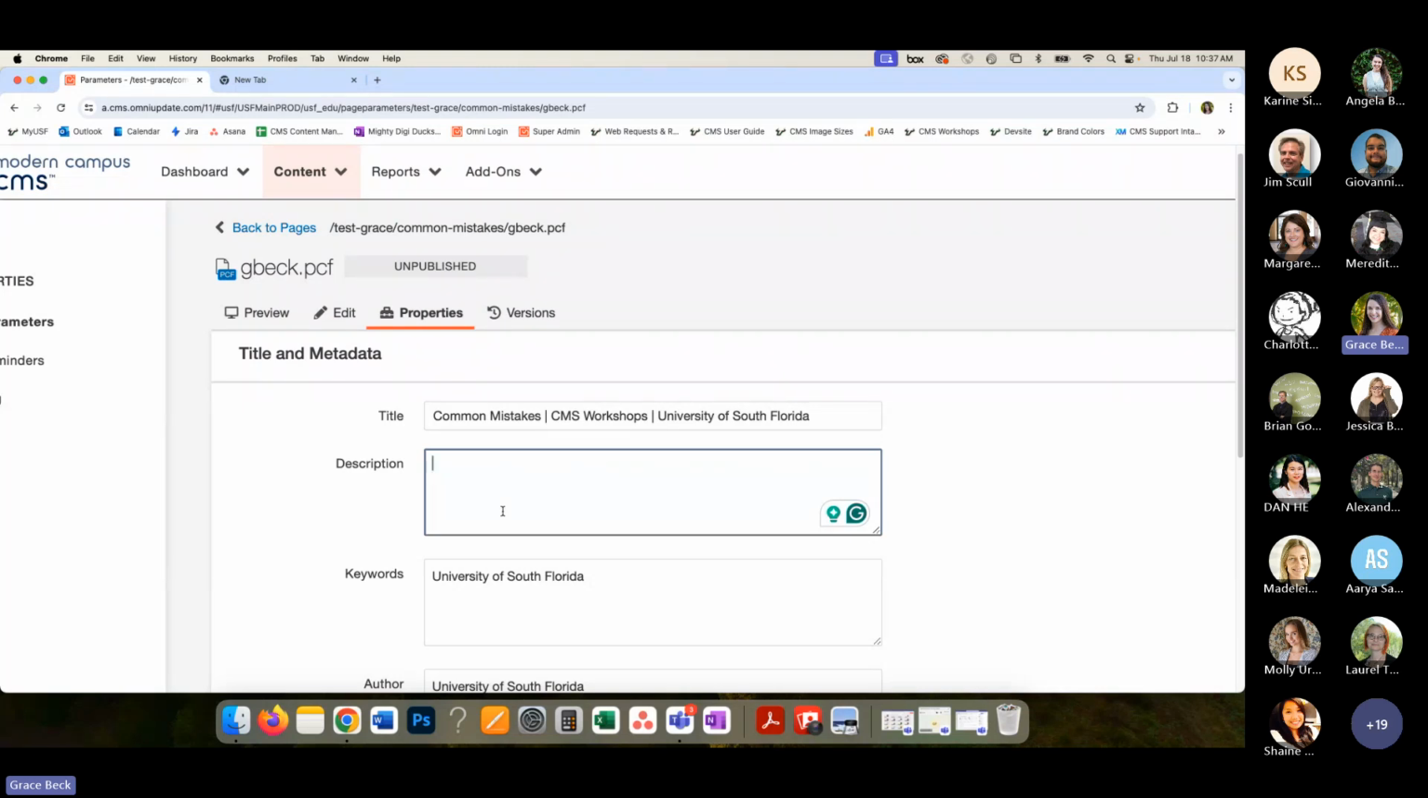At the very least, I would make sure you're updating the description of, let's say, the index page of a website section. You want to make these descriptions include, if you can, a call to action, make them concise, and use any keywords that are being used on the page. So for this page, my description that I came up with is: learn more about the USF CMS common mistakes,